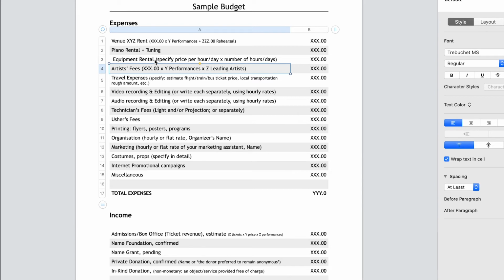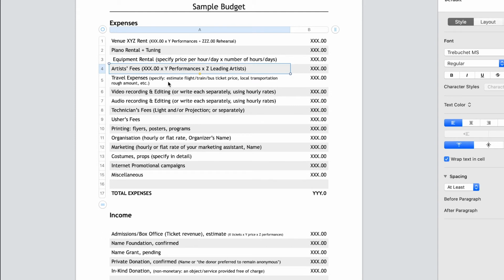If every artist is getting a different fee, write it out on a new line, because sometimes you need to hire an artist for a short part of your project. You don't need this artist to be performing with you on stage, or maybe you don't need them performing on stage for the length of the entire show. So you might want to specify this separately. For example, you can write partially occupied or something like this.